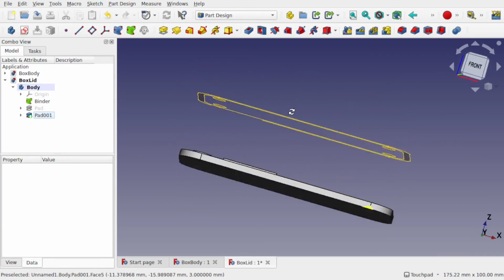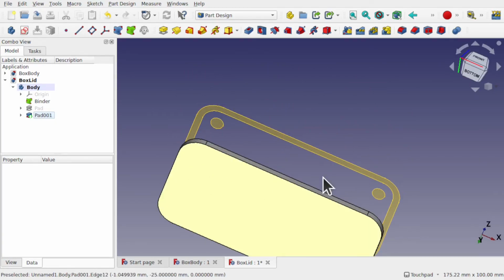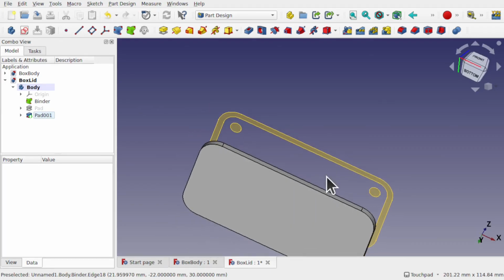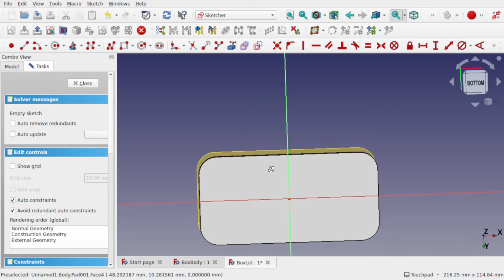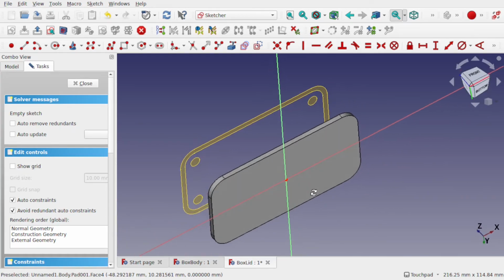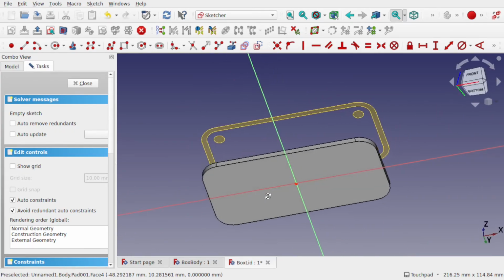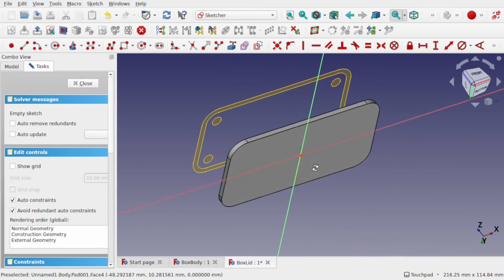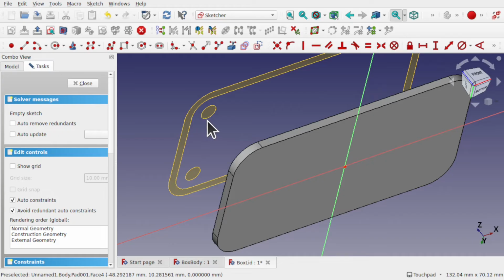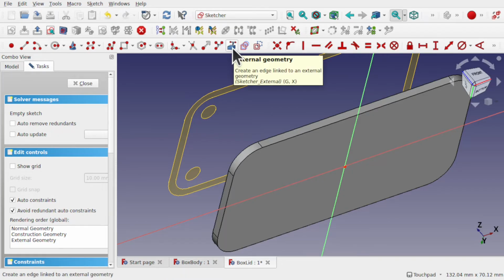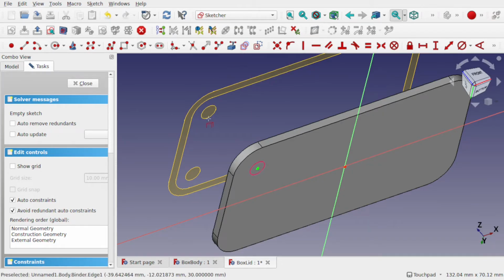I'm now going to come over to the other side and sketch on this face, and this is where we're going to place the holes. Select the bottom face, again create a sketch, and we'll add some angle to this and have a look, see what we got. And I'm going to pull in this geometry here, so I'm going to pull in these holes again using the external geometry. Pull in these 2 circles,